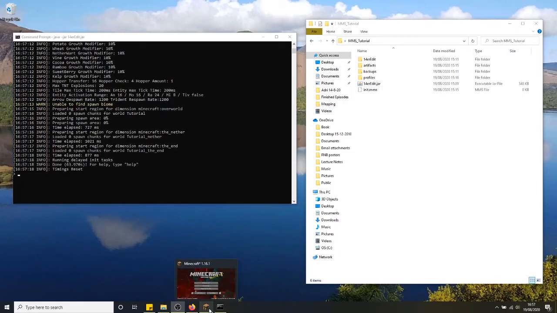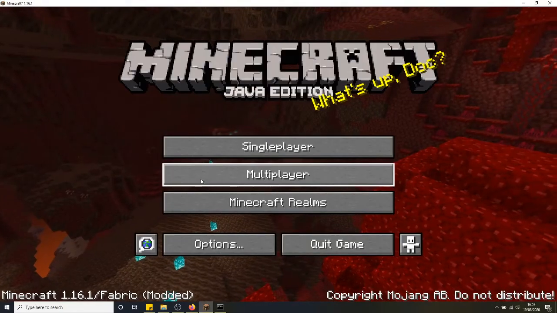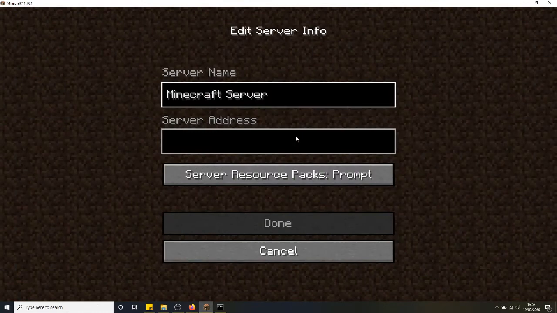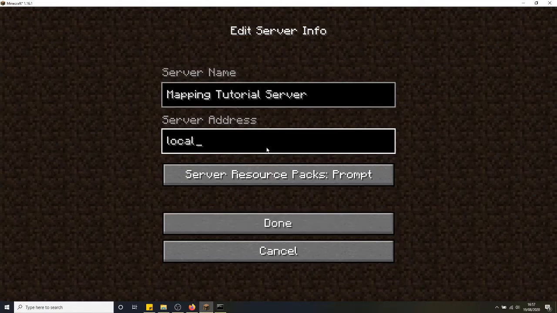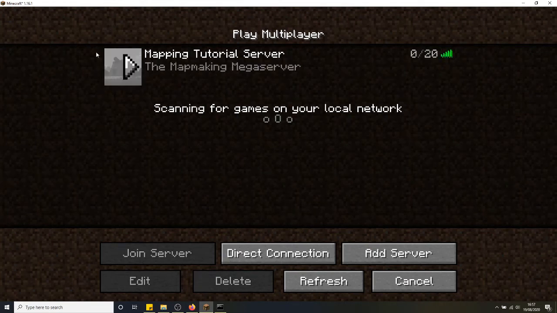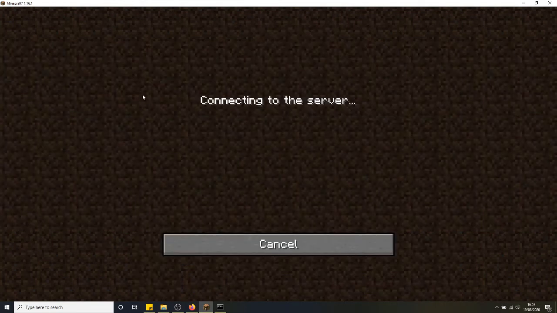If we go into Minecraft and we go into multiplayer, we're going to want to add a server. So let's just say this is mapping tutorial server, and the server address is going to be localhost. And you can see it's here. So now if we connect,